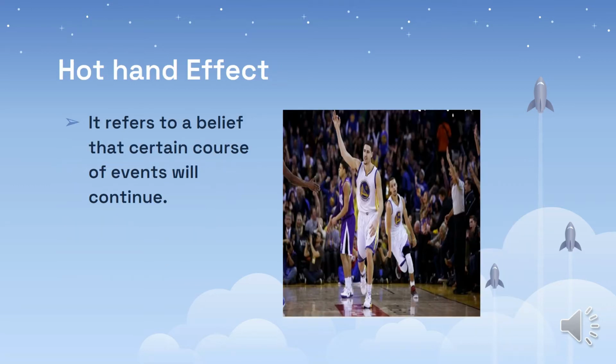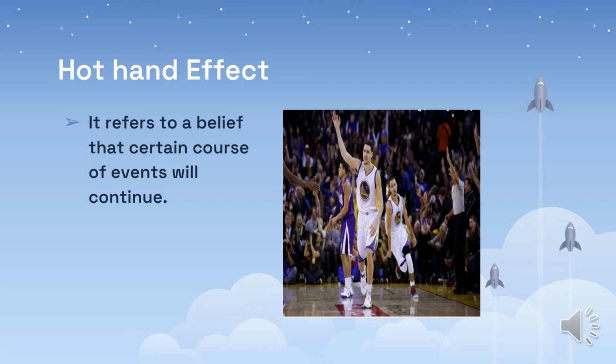A tendency opposite to that of the gambler's fallacy is called the hot hand effect. So what is the hot hand effect? It refers to a belief that a certain course of events will continue. So for example,